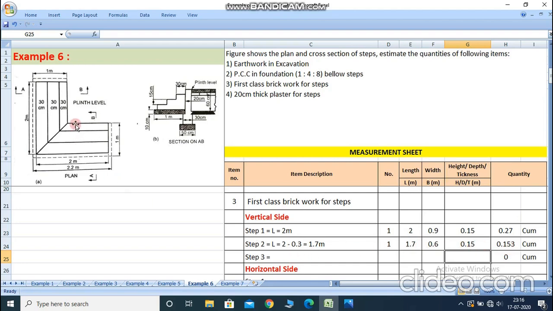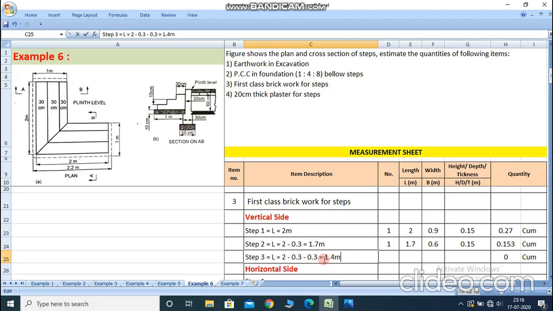Now we calculated the quantity for step 3. See this cursor point, for step 3 it is 2 meter minus 0.3 meter minus 0.3 meter. So we calculated only for this part, here only for this part. So here total length L is equal to 2 minus 0.3 minus 0.3 is equal to